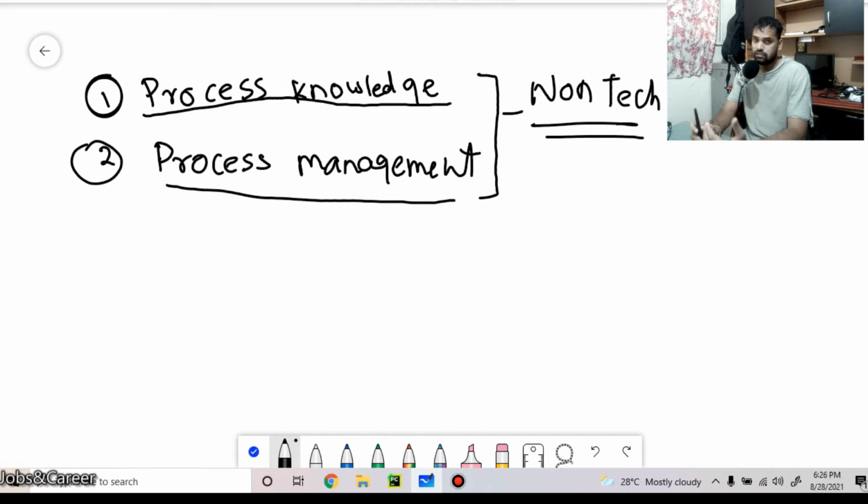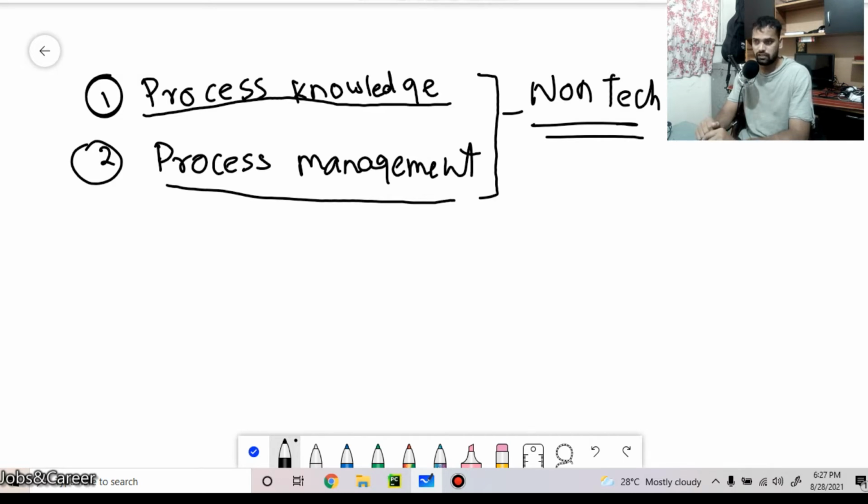The first one is domain knowledge, process knowledge. The second one is process management, how you can keep yourself up to the mark whatever the process is. These two things are a basic foundation of any job. It doesn't matter whether it is IT or non-IT, these two things are common everywhere.